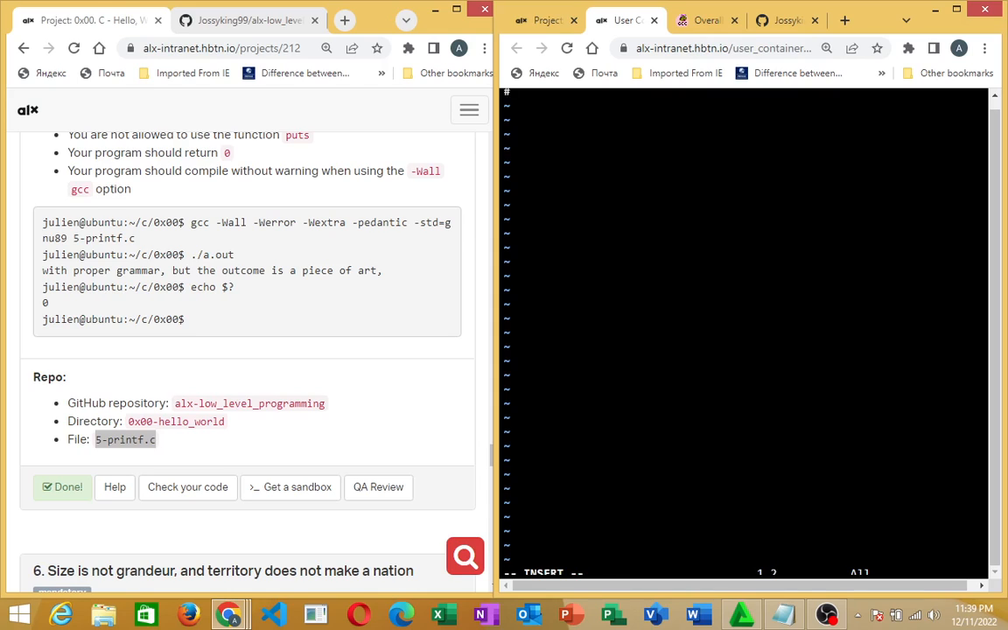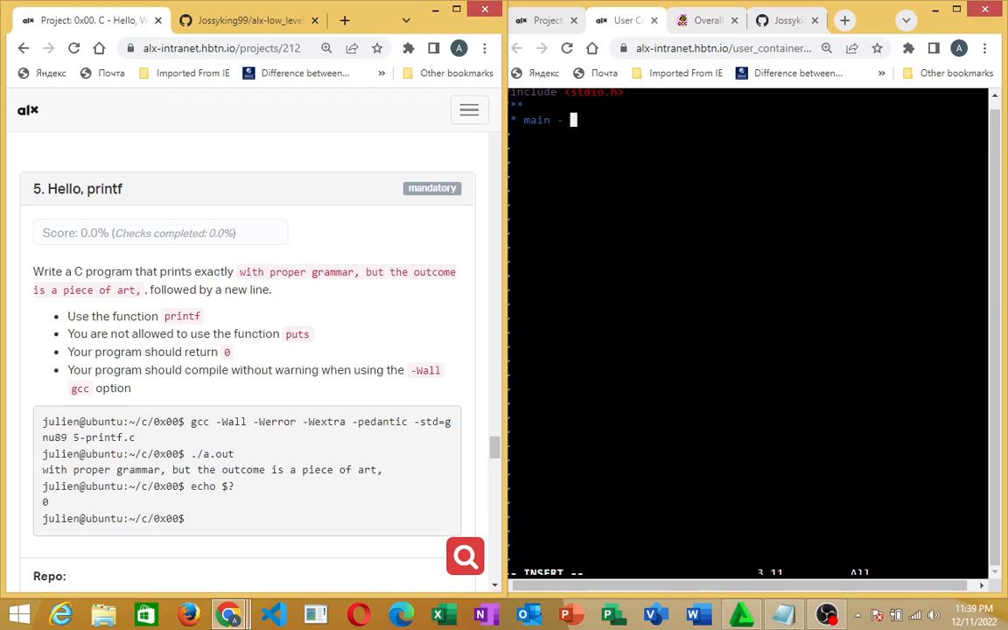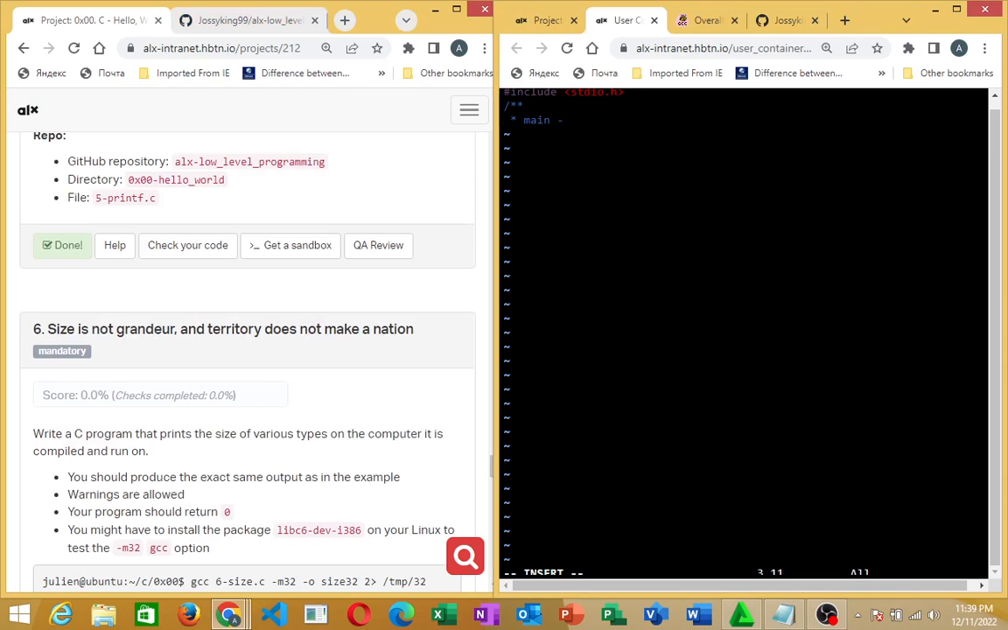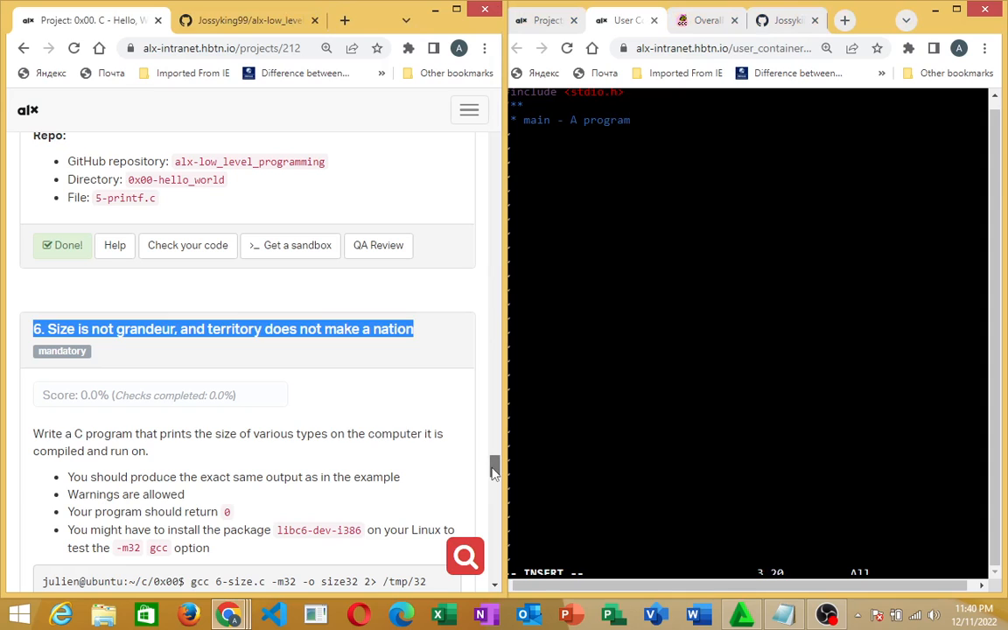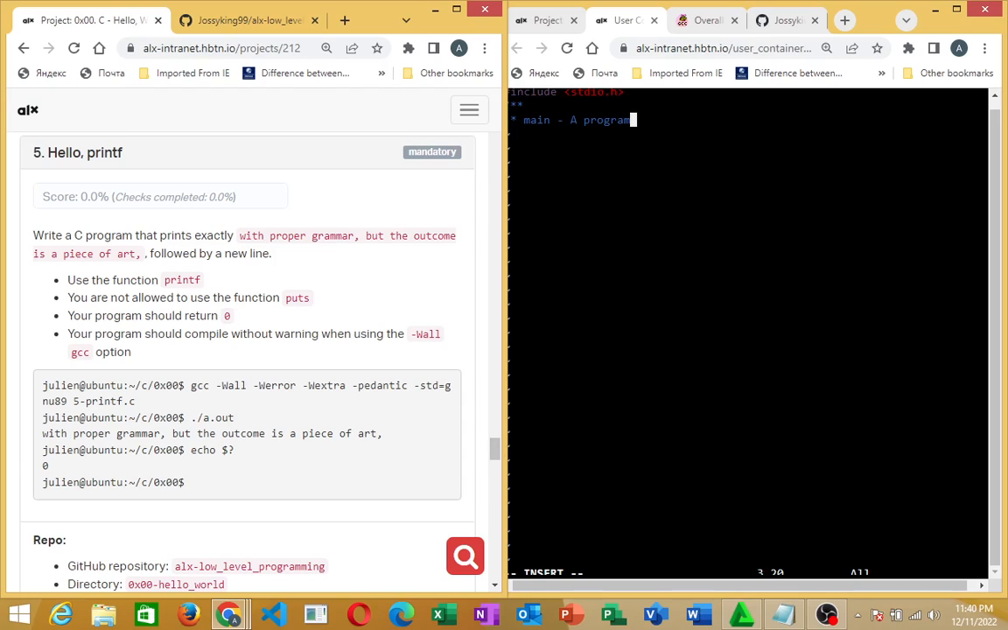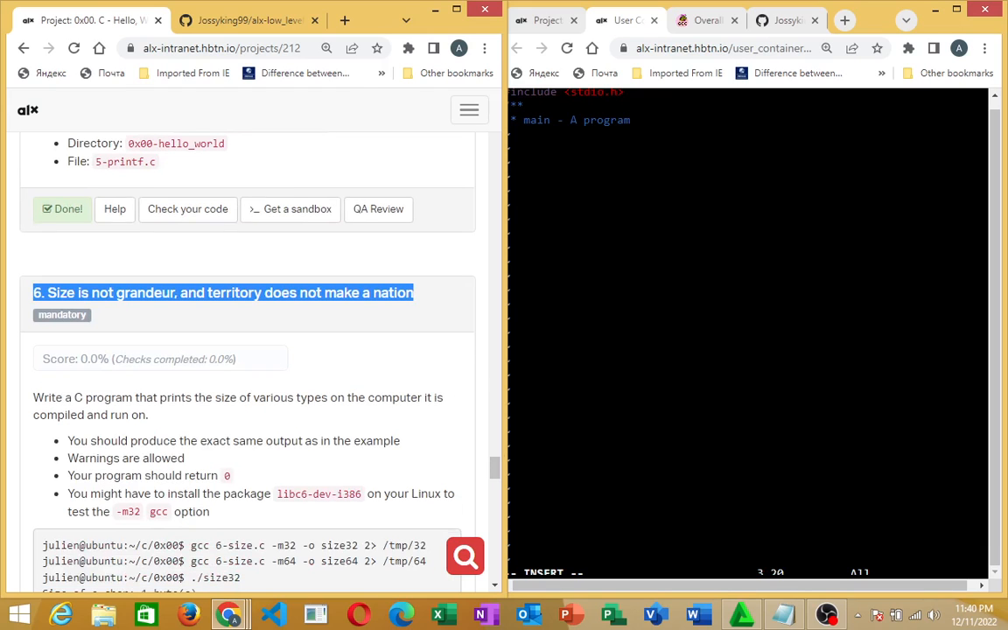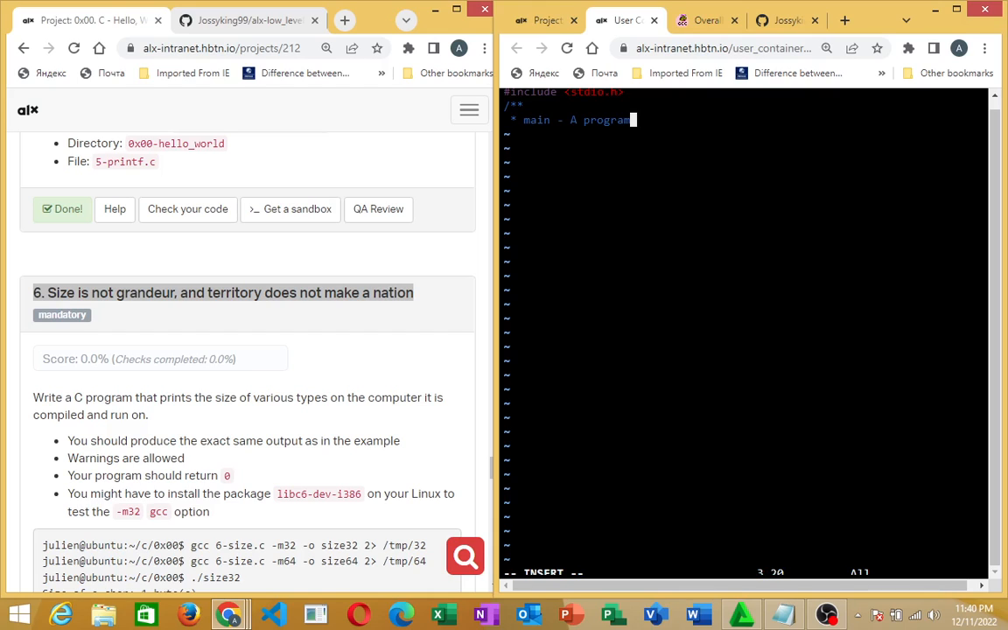So to start our project, like you already know, we include the standard input output .h, stdio.h, standing for header. All right, then what else? We put in a comment. What are we putting in there? I want us to write a C program that prints exactly. So I'm typing a program that prints